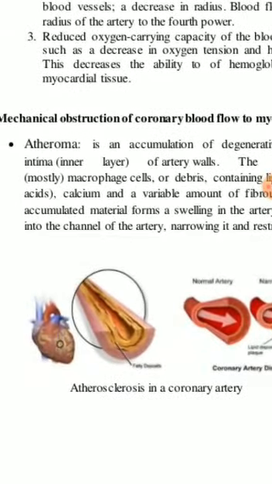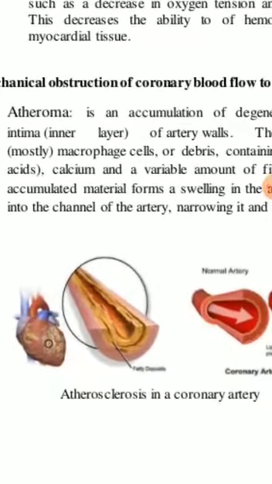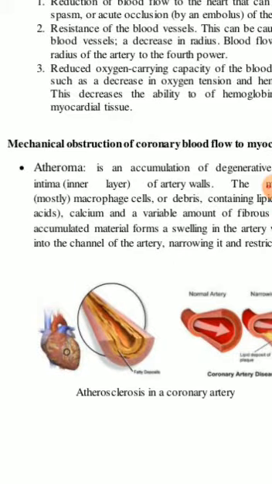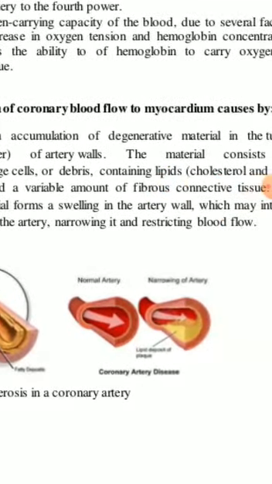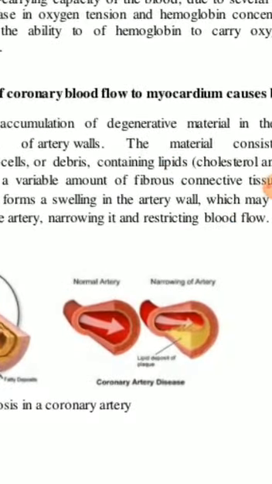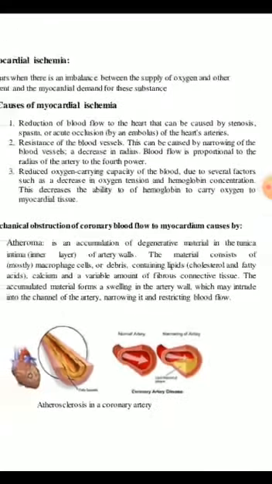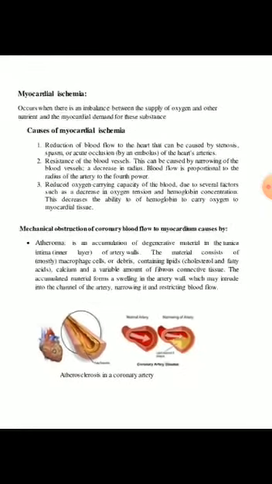You can see this is a vessel wall. In the innermost layer, the tunica intima, there is a fatty deposit. You can see the thick deposit, due to which there is resistance in the blood vessel and decreased blood supply. This is the normal artery, and on the right side you see the lipid deposit of plaque causing narrowing of the artery. Narrowing of these arteries because of lipid deposits of plaque is known as atheroma, and that process is known as atherosclerosis.